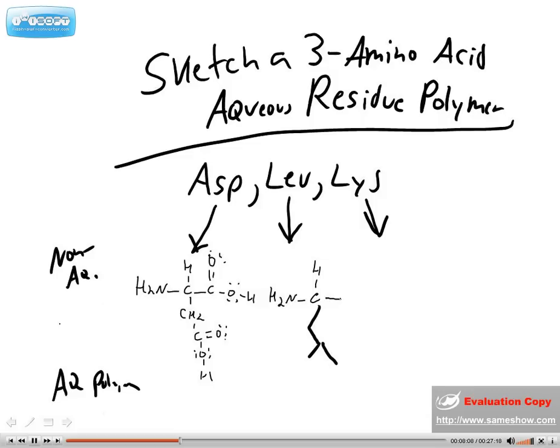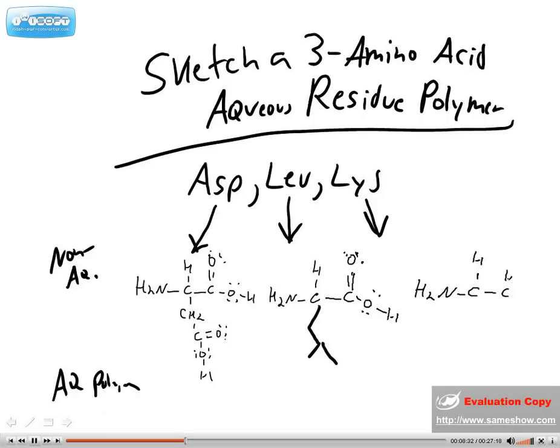Alright, and then you have the rest of it. CH2, whoops, forgot my other one. Getting a little messy there. And here we go. And then finally for lysine, we have this over here, H2N,